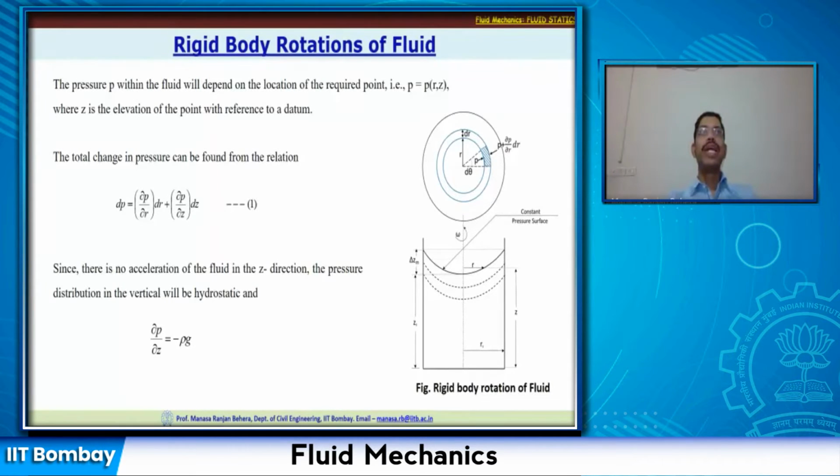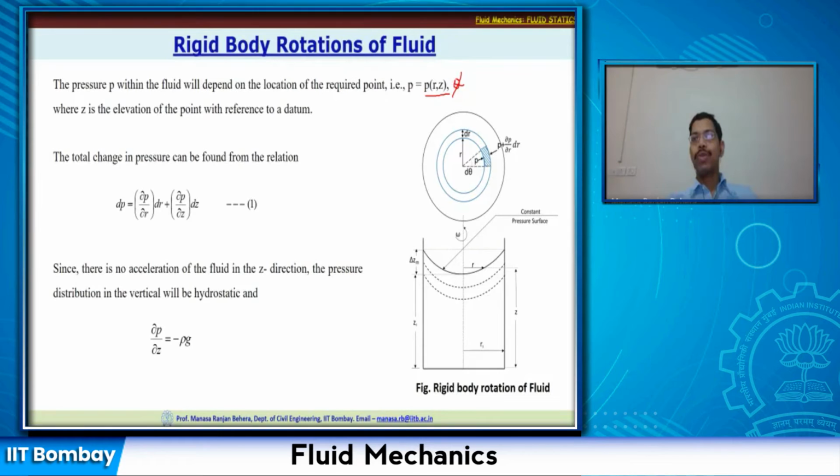we will write down that the pressure within the fluid will depend on the location of the required point, that is P equals P(r, z). In this we had three dimensions. We had theta here, but now we have seen due to symmetry, theta is not really playing any role. So pressure is a function of r and z. r is the radial distance from the axis of this tank, and z is the vertical distance. Either you measure from the free surface or bottom, but here it is easier to measure from the